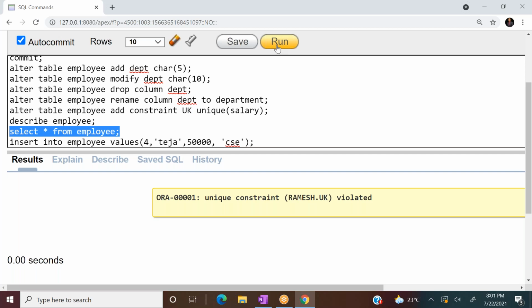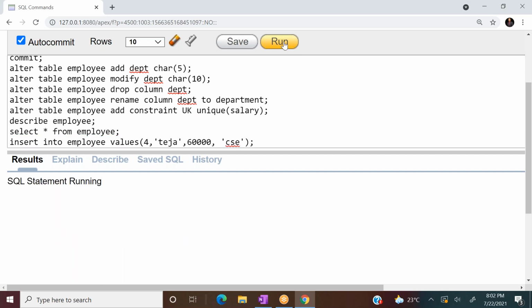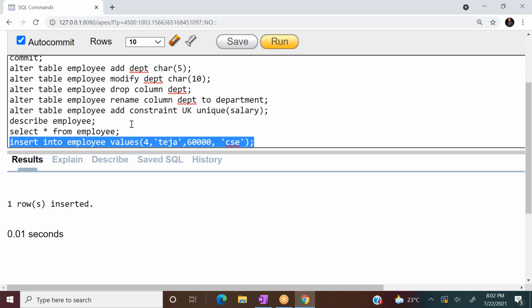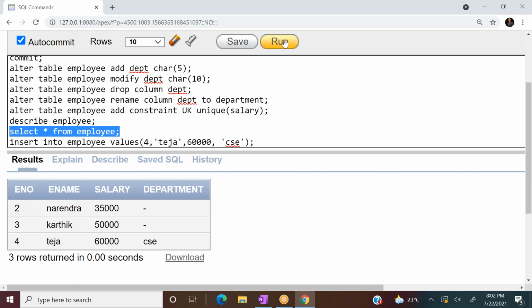Already employee Karthik has 50,000 salary, but for Teja I wanted to put 50,000 salary. No two employees should have the same salary, because unique means no duplicates. Then I can give some different value. Click run. Now one row inserted. Insertion is possible because each employee has a different salary.